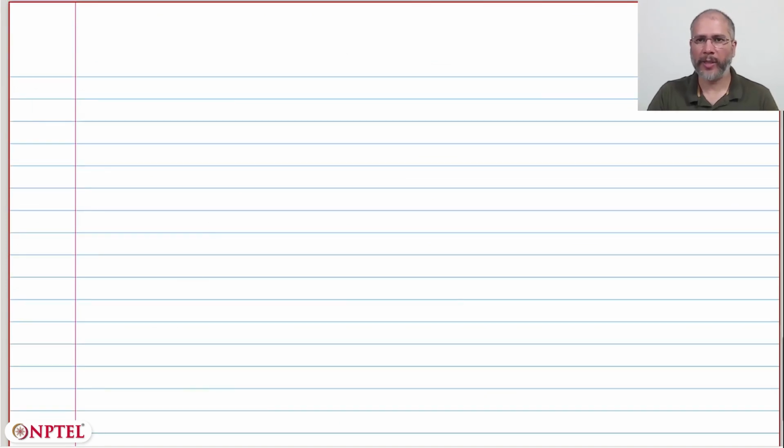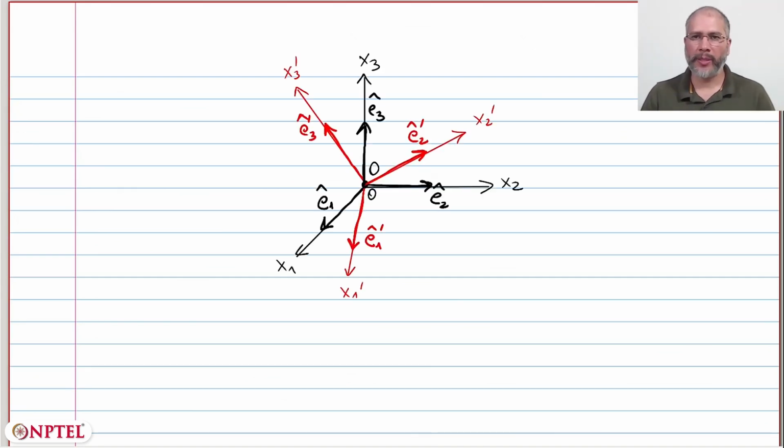So whenever we have a rotational transformation of coordinate system, this transformation can be quantified using the angles of rotation. So for an arbitrary rotation of the coordinate system from the base, that is a black coordinate system, to the primed or the rotated, that is a red coordinate system, we will have a total of 9 angles to quantify this rotation. So these angles will be denoted as